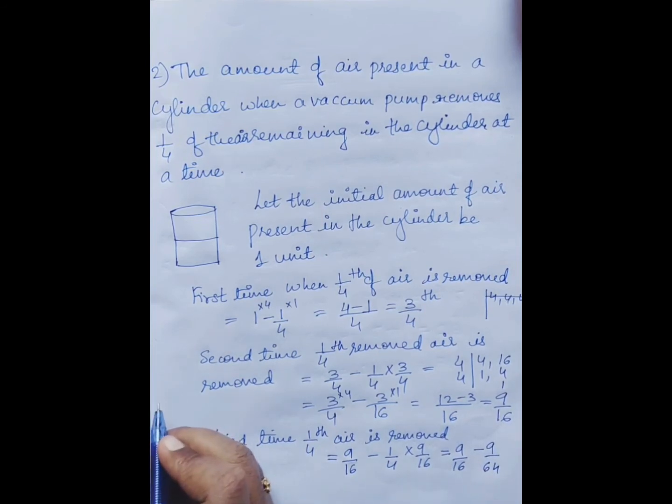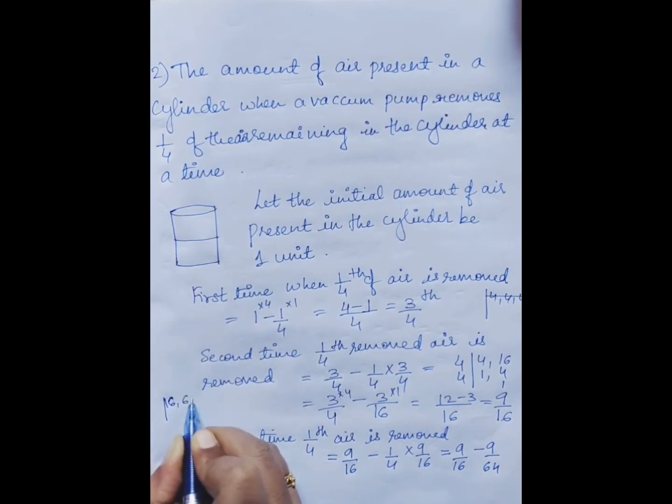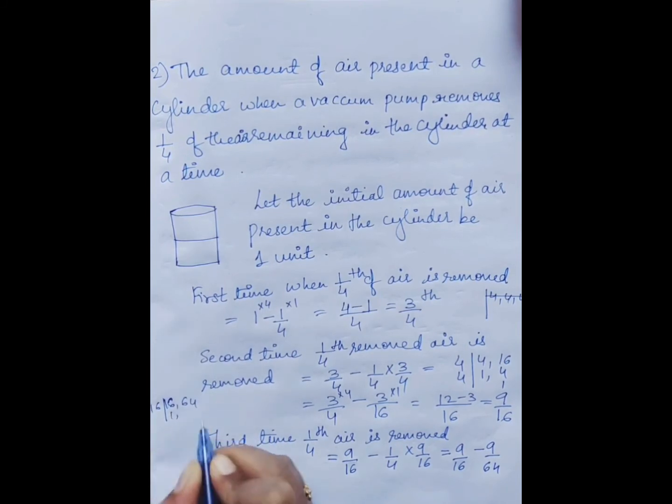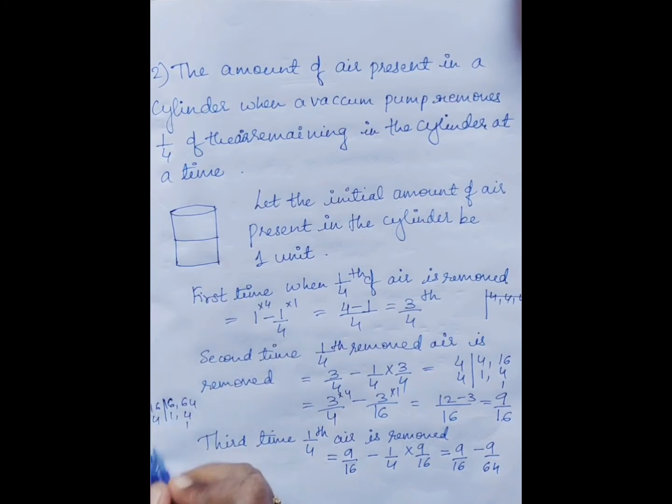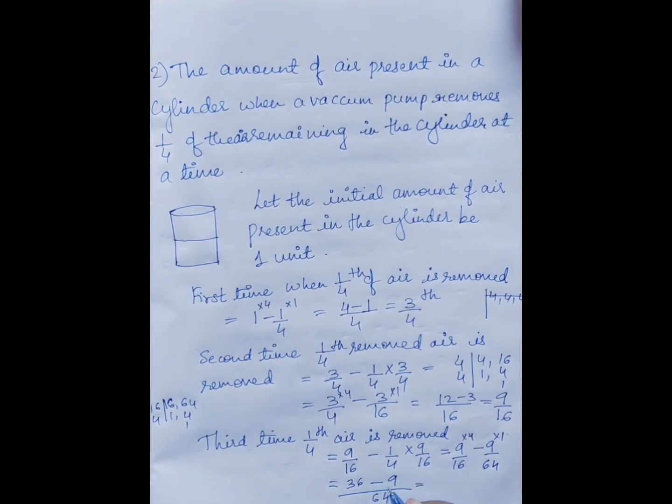So we need to calculate the LCM for this. So what will be the LCM? I am going to solve it here. Okay. So it is 16 and 64. 16 1s are 16, 16 4s are 64. 4 1s are 4. So again the LCM will be 64. So how are we going to write it over here? Now 16 4s are 64, and 64 1s are 64. So 9 4s is how much? 36 minus 9 1s are 9. In the denominator LCM is 64. So 36 minus 9 will be how much? 27/64.